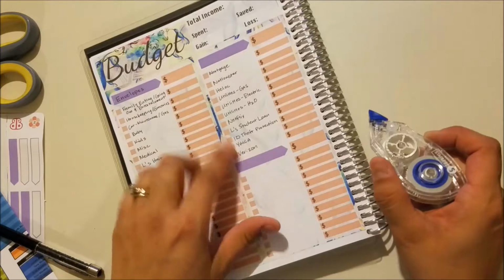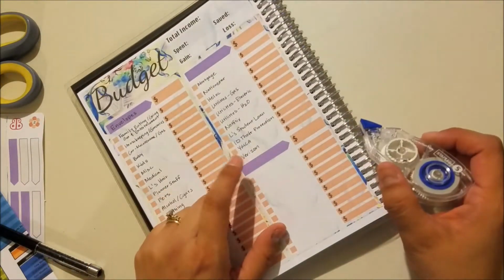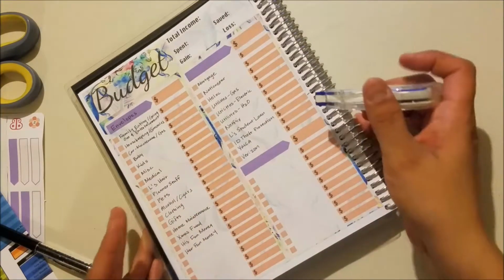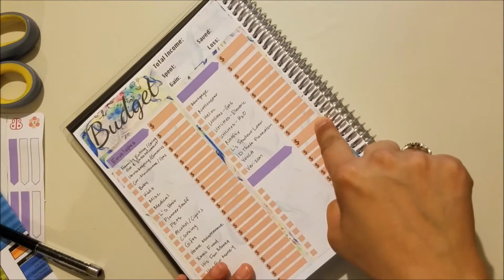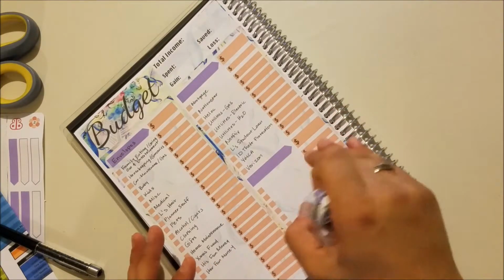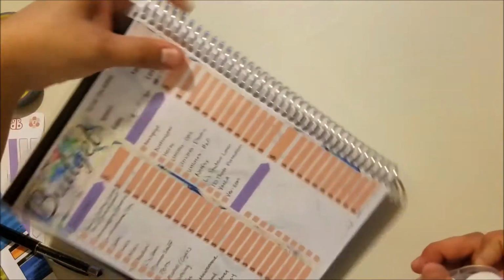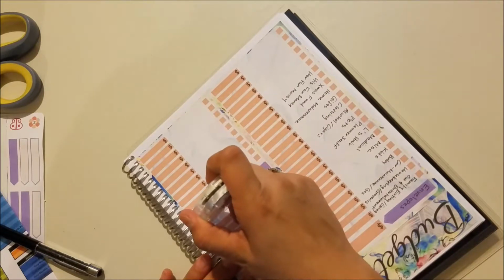To this section, and then I ran out of room, and I do still have some more bills. I am actually going to white out this purple square because I don't need that there, and I'm going to white out the orange box too. The whiteout on the print might bother some people, but it does not bother me. It's more important to me to have everything a little bit more even. So